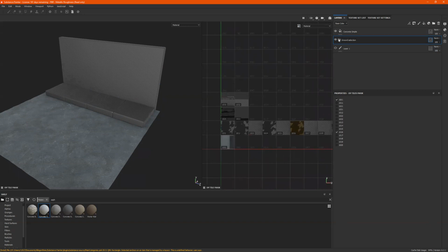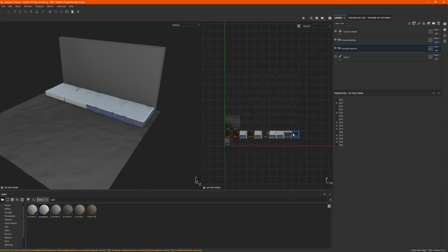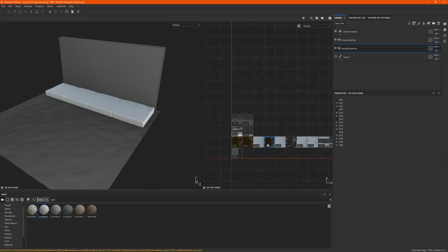And I'm gonna do that for the other materials. So I can do Control C, Control V. I can copy that, and I can just take away the ground and say sidewalk selection. And I can go right here, and I can just click on this and say, all right, what do I want? What is my sidewalk? Since I already copied this, I can just click these because this is my sidewalk. Because remember, we laid out the sidewalk to be the second one. Yeah, and the top is the wall. So now that's my sidewalk selection, and